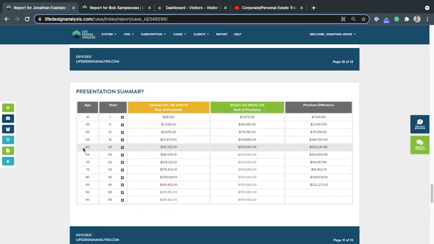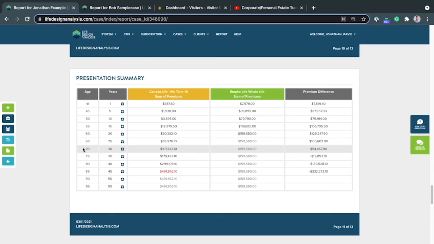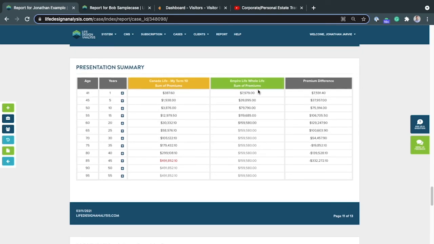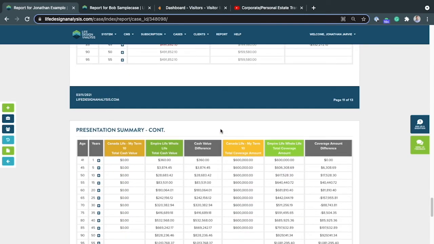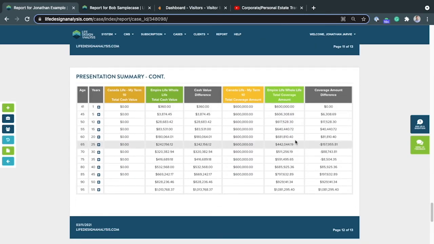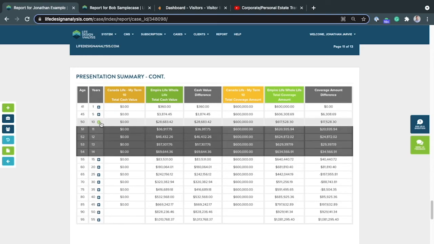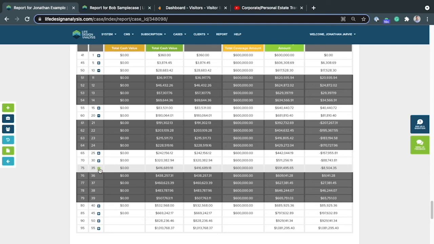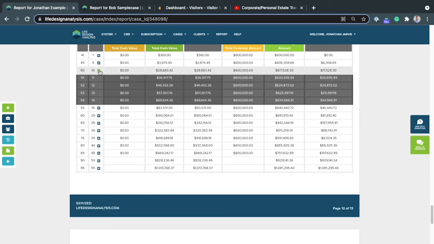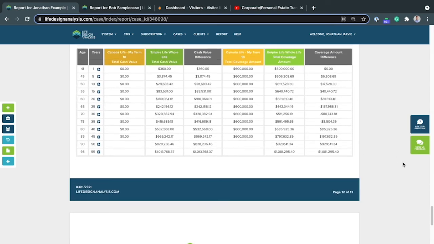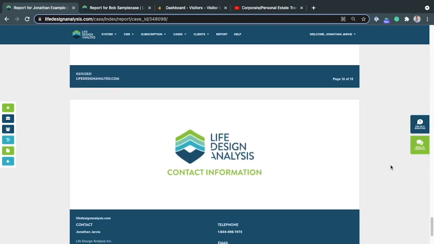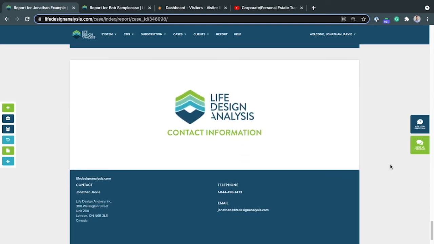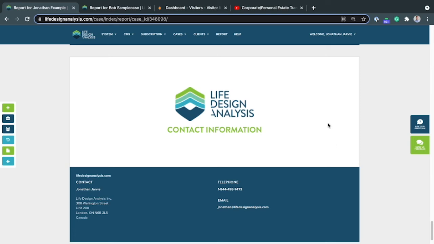All information that's presented visually, we do have the ability to show the values in a number form to go along with it, whether it is from a price perspective, cash value, insurance benefit, or coverage amount. But these pages can be expanded beyond the 5-year increments just by clicking the plus icon. We refer to this as an accordion style table, so you can show what you want to and what you need. But these reports have a very similar look and feel, and they can be catered for many different case